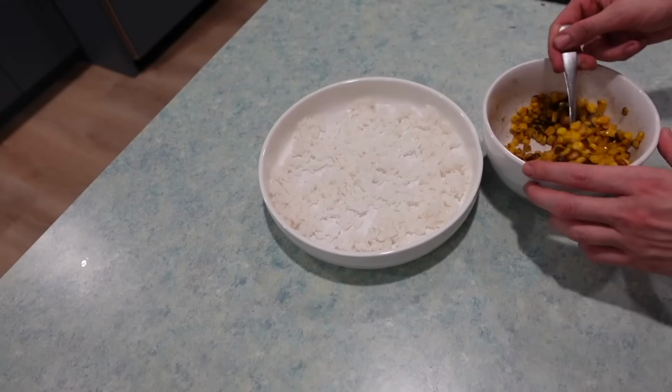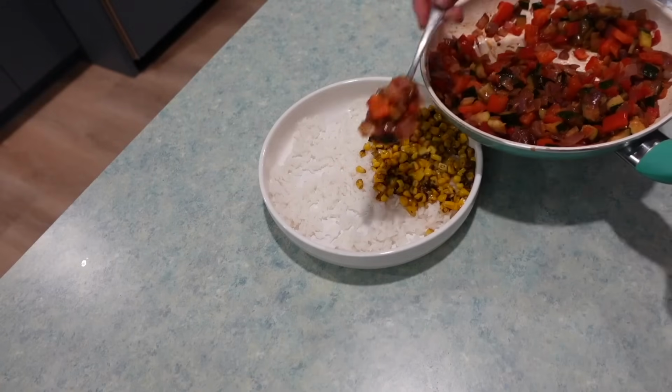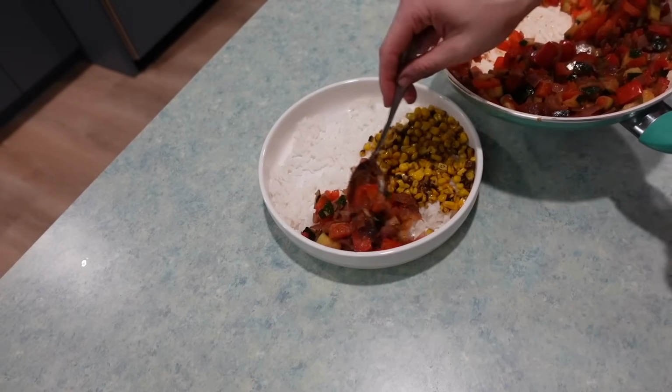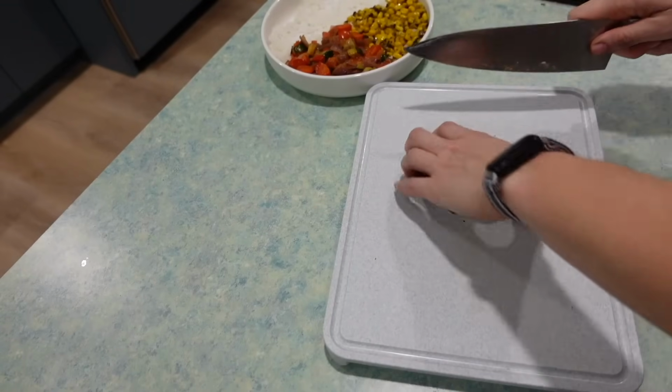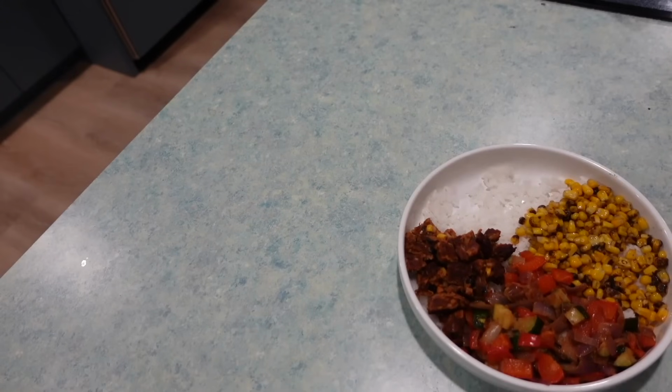Of course, I've got to include some veggie mix with this veggie bowl, and that's pepper, onion, and zucchini. I feel like sauteed peppers are one of my favorite things when it comes to this style bowl. I've also got some roasted corn that I heated up, and I added a good portion of that. I also found some vegetarian black bean burgers at the store that worked perfectly for this dish to add some